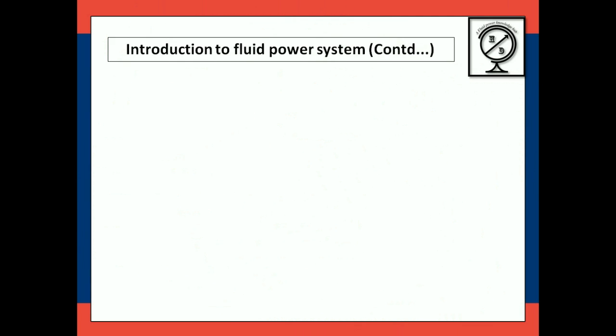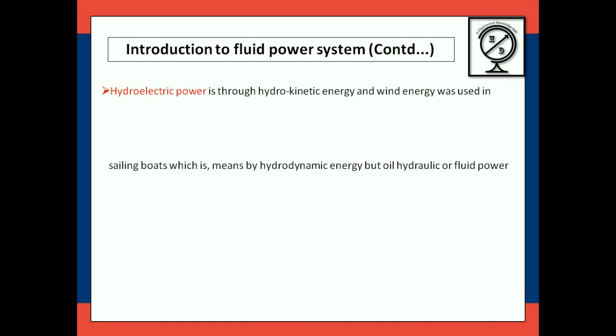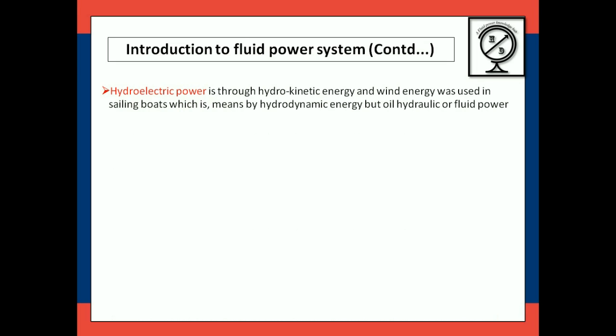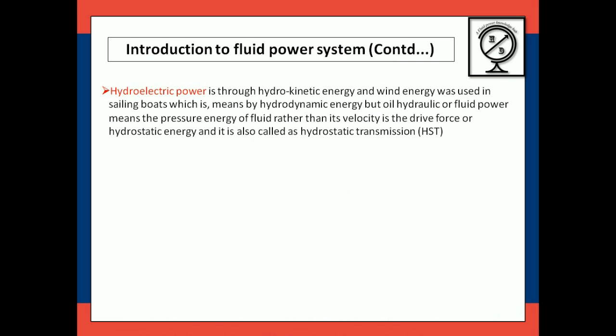Okay, continuing with the introduction. Let's talk about how motion and power are transmitted in a fluid power system. Here, electrical and mechanical mechanisms and sources are considered to compare with fluid power systems. Here you can see hydroelectric power is through hydrokinetic energy. In hydrokinetic energy, fluid velocity plays a role, and wind energy was used in sailing boats,